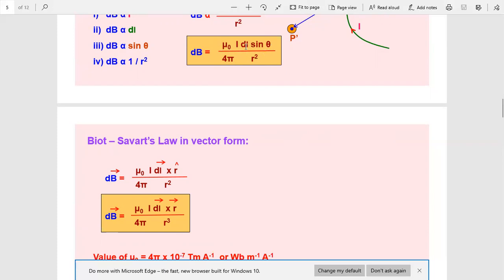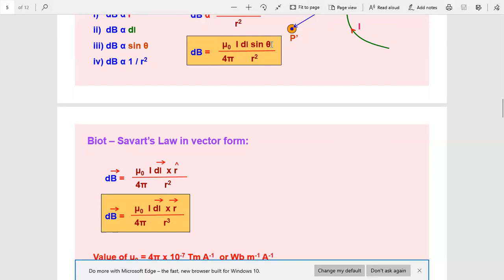So if you take I dl as one vector quantity and sin theta always involved in the cross product of two vectors. So here only one vector is here, I dl, and another vector is not there. So if you insert a unit vector